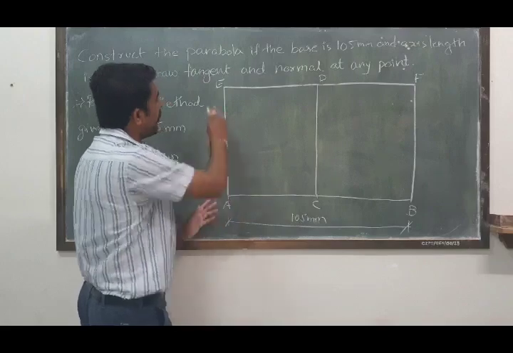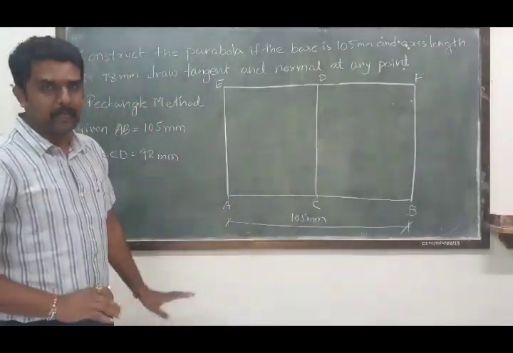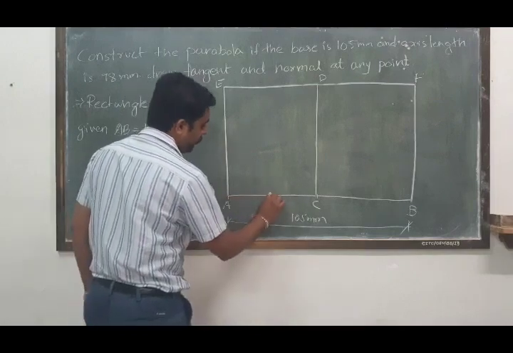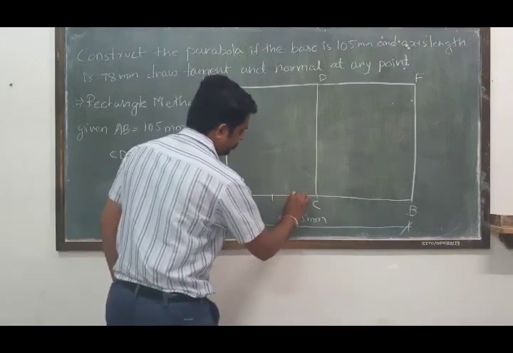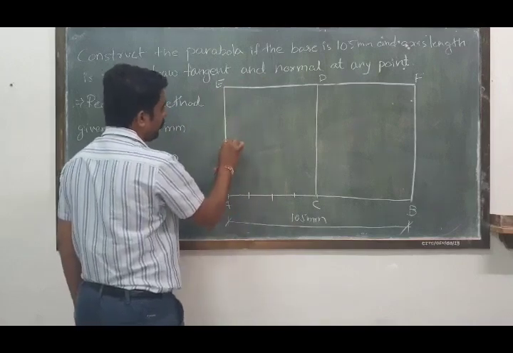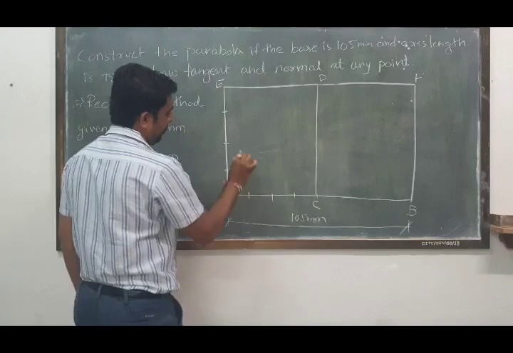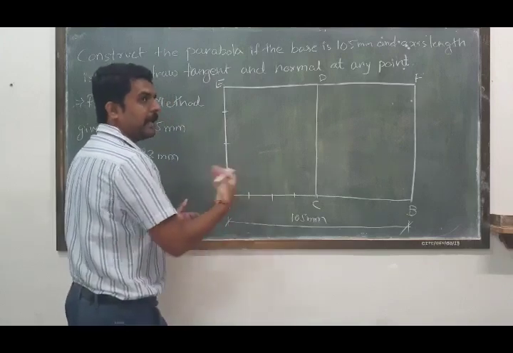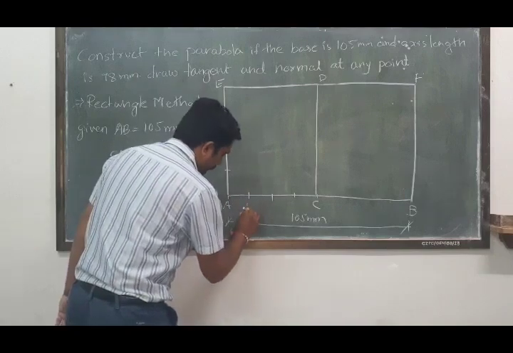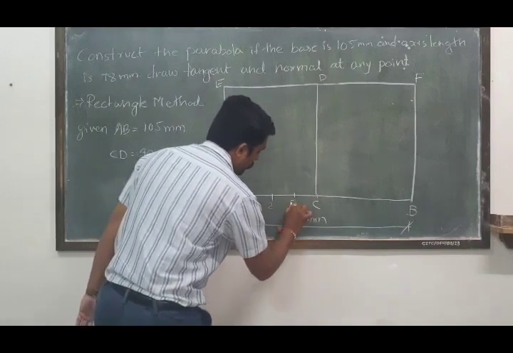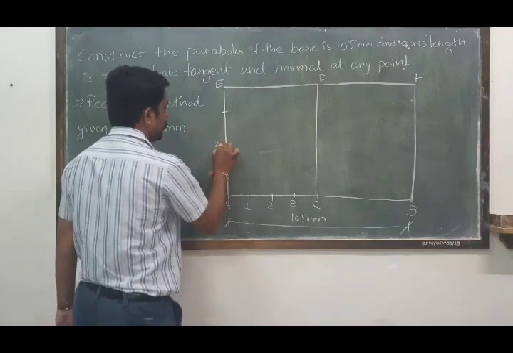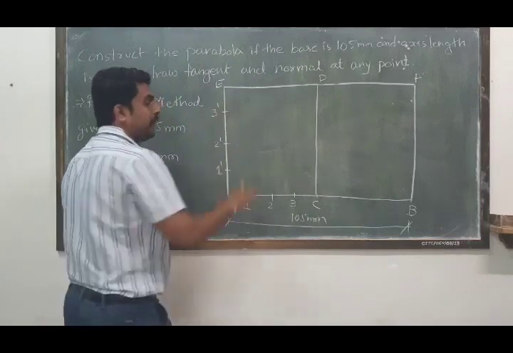Divide AC and AE into equal number of parts. So let's take it as 4 parts. So if we divide AC into 4 parts, we are going to divide AE into 4 equal parts. Always start naming from a point. Let's start it from A. So I will name it as 1, 2, 3. On vertical line it will be 1 dash, 2 dash and 3 dash.